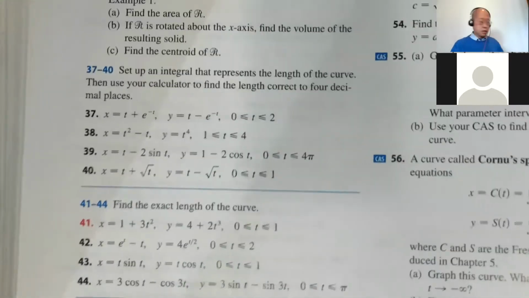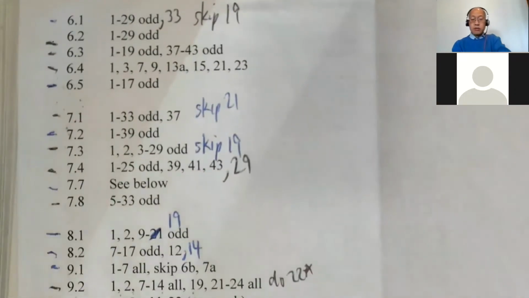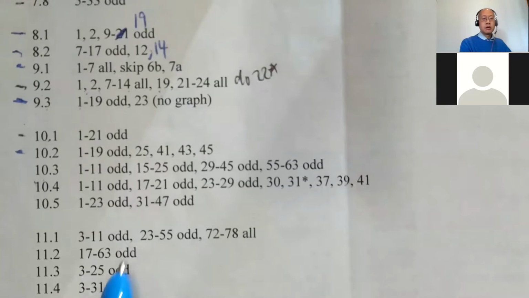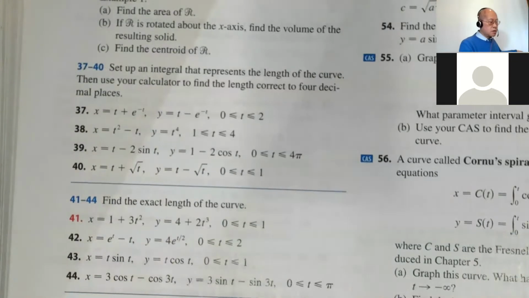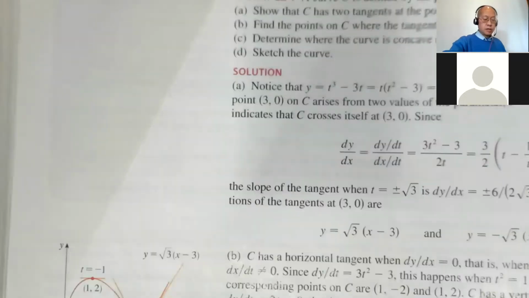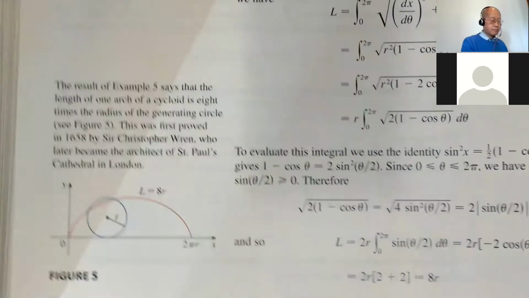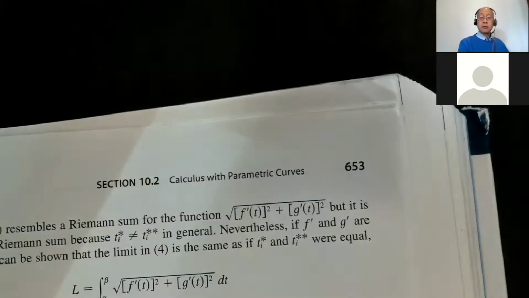And now the only other parts I was going to show you were at the very end, where we do arc length. So these problems at the very end, which would be 41, 43, 45. So I'll show you a couple of those. So that's where I'm going to use this thing. Page 653,